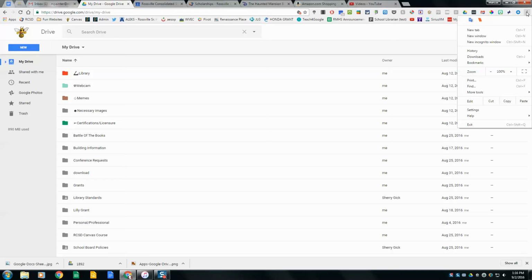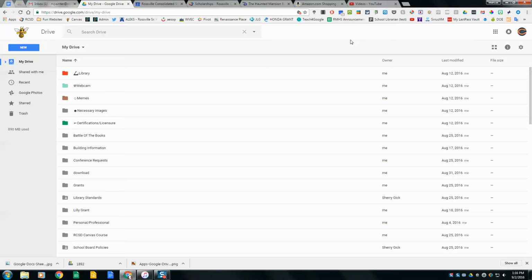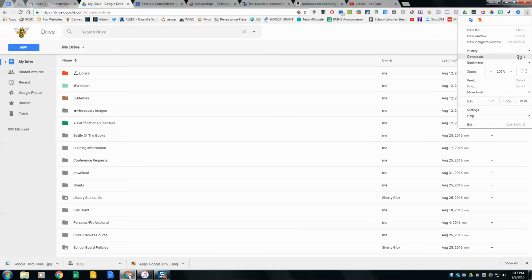Once you log into Chrome once, you don't have to constantly log in and out. Just do it one time and leave it open, and when you come back to school tomorrow, it'll be there and you'll be logged in. If you have been using Firefox or Internet Explorer, or as I like to call it, Internet Exploder, then you're going to want to import your bookmarks if you've got a bunch of bookmarks in one of those other locations. So you will want to come to, wait for it,